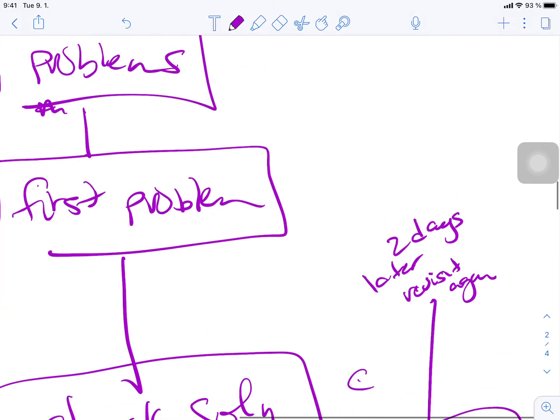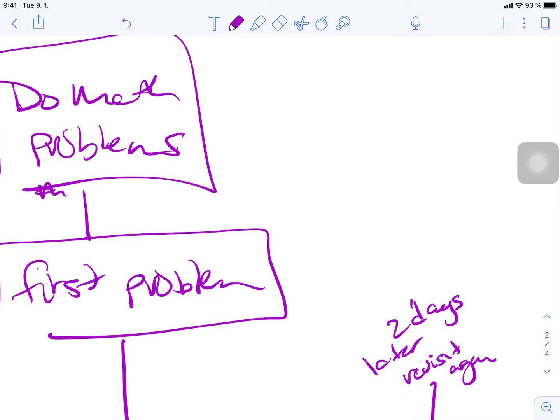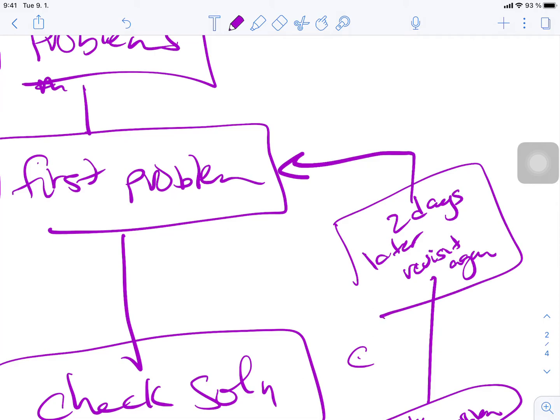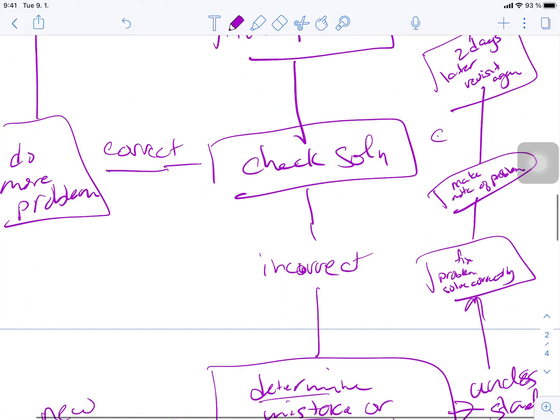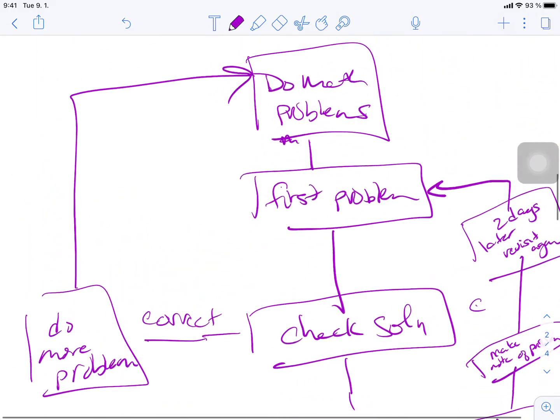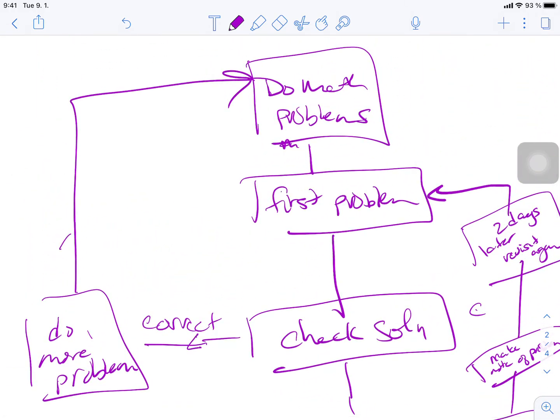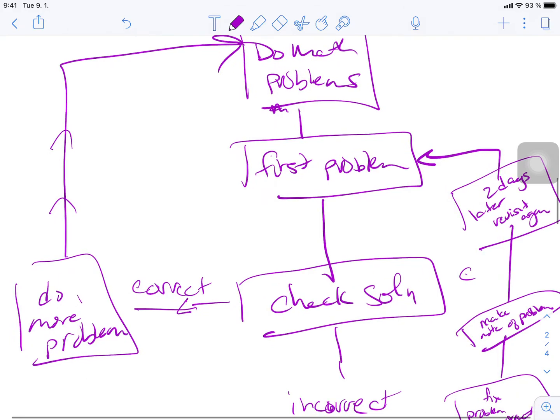You will do that problem that you were stuck on, just that one you were stuck on. You try that first problem again, and you check your solution. If you're correct, you do more math problems. But if you are doing that problem again and you check your solution,